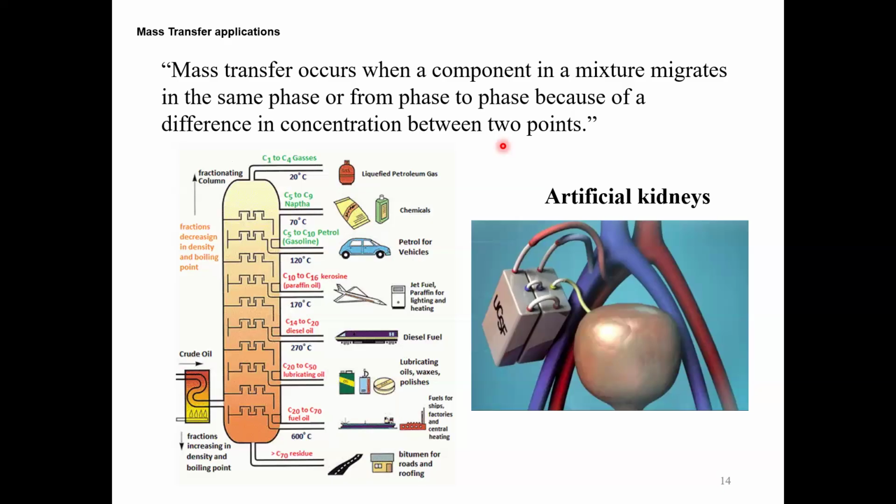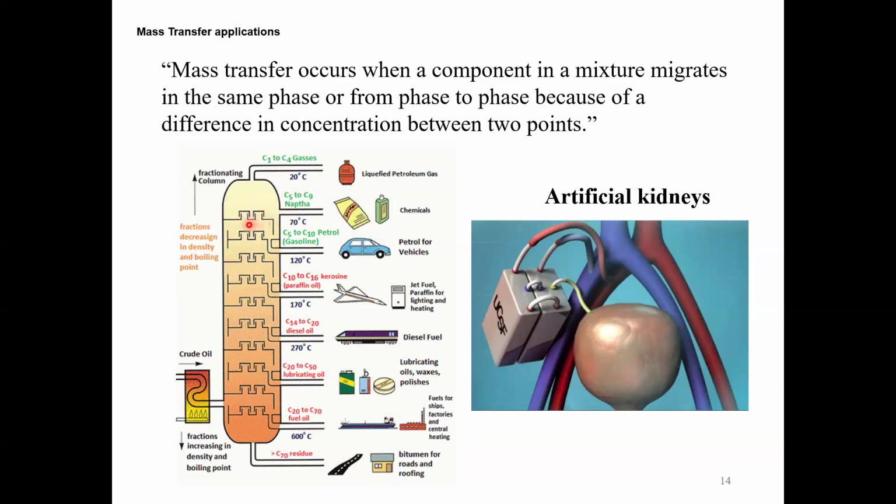Okay, so it's because of mass transfer that you are able to separate crude oil into these different fractions. We saw that vapors flow from bottom to the top and liquid flows from top to the bottom, and throughout the distillation column you will see that components get exchanged from one phase to the other, such that